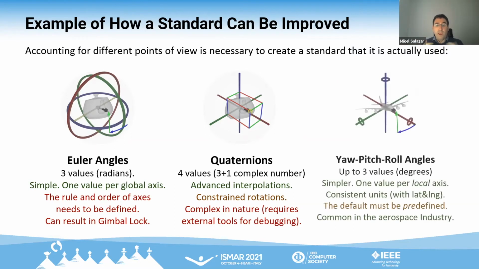That's why I analyzed different standards and proposed the use of the aircraft-based axis system that is commonly used in the aerospace industry for the rotation. In this way, it is possible to maintain the simplicity of the Euler angles while also avoiding the gimbal lock issues and increasing the internal consistency of the data structure, since the latitude and longitude values are also expressed in degrees. So basically, with this system, everything is a degree except the altitude value or the height over ellipsoid.